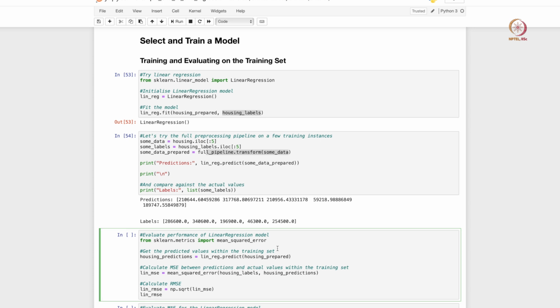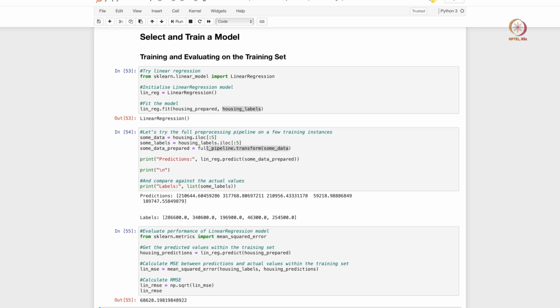But that's just looking at 5 data points, and we have 16,000 data points in our training set. So let's get an overall sense of how well the model is doing by calculating our metrics. To calculate metrics, once again you have standard functions available in scikit-learn. We can import mean_squared_error as a function, and then take a square root of it to get the root mean squared error, and similarly you can also call the function for mean absolute error. So let's execute the mean squared error function now.